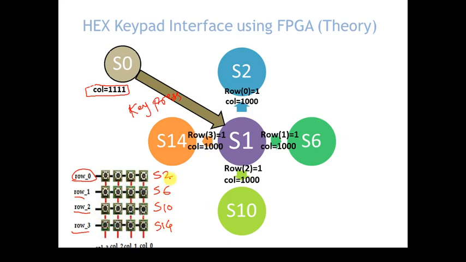row 3. Now once you reach that state, what this implementation indicates is that out of 16 keys we come across only 4 keys. Here we have to search only 4 keys. After coming into S10 state, we have to search only 4 keys, and after coming into S14 we have to search only 4 keys. So initially in S0 we have a total 16 key search. After coming into the S1 state, we only identify which of the 4 keys is pressed. Now let's go to the next part, that is, in each state how we are going to identify the key. So let's start.